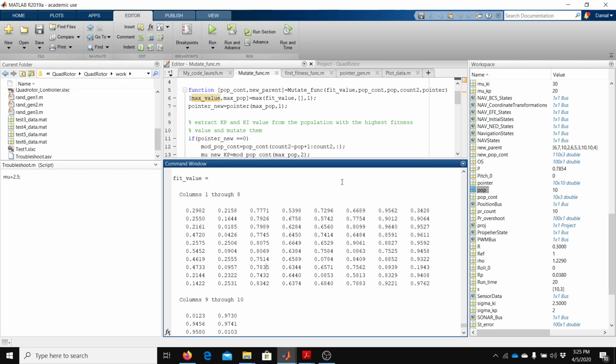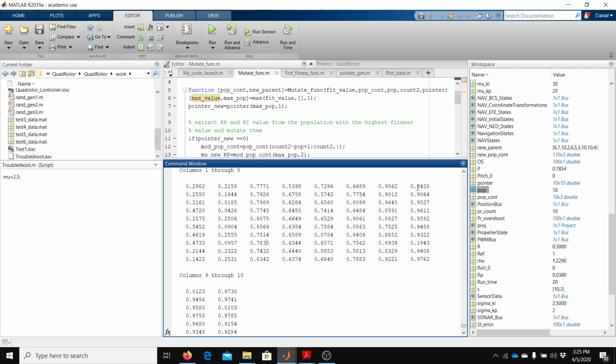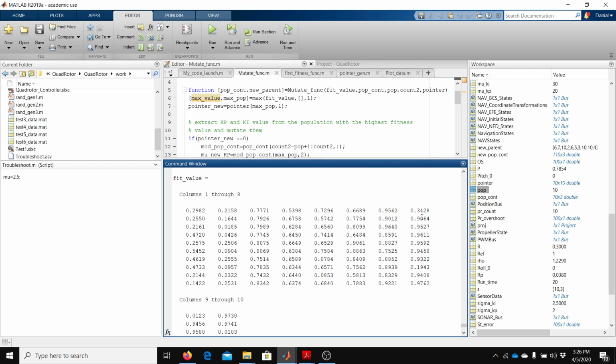And then at the 8th generation, you can see now that our fitness values are very high compared to what we started with. So this means that this genetic algorithm is now working effectively towards finding a new value of KP and KI, or the new mu, the mean value of KP and KI, and the ranges are now getting better and better. So then you can see that there are cases where our KP and KI values are not good enough. So for example, the first